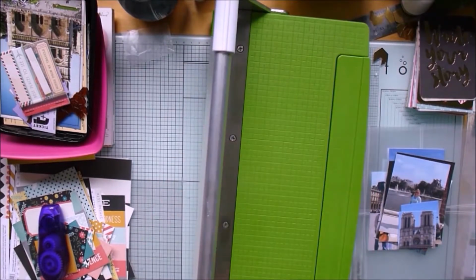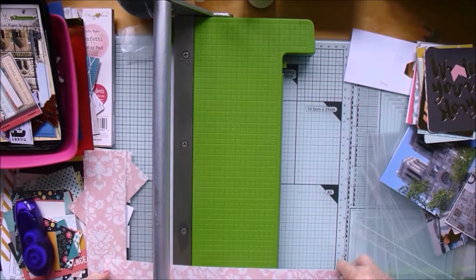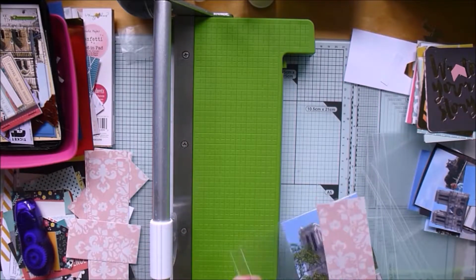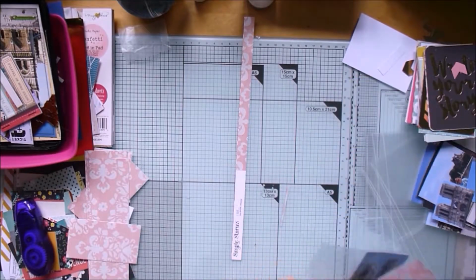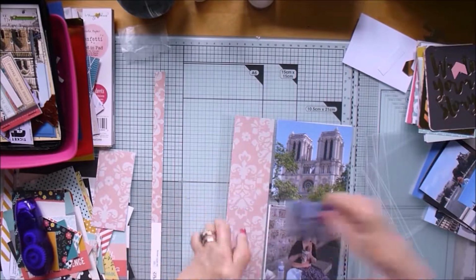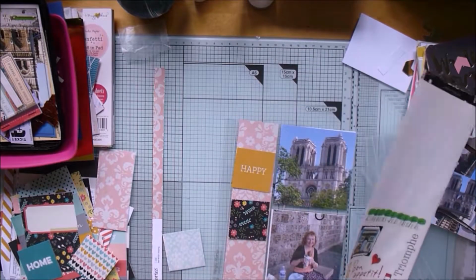So I did cut some strips of the pattern paper, and you can see here I'm just cutting that to size. Quite tricky to get them perfectly sized, because if you make it too big, I had to trim it down to get it to fit perfectly. And then I got some little cut-aparts from the sheet and some stickers, and I created some little